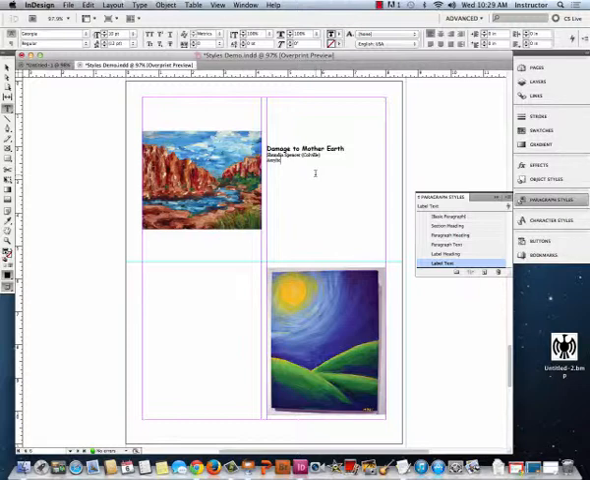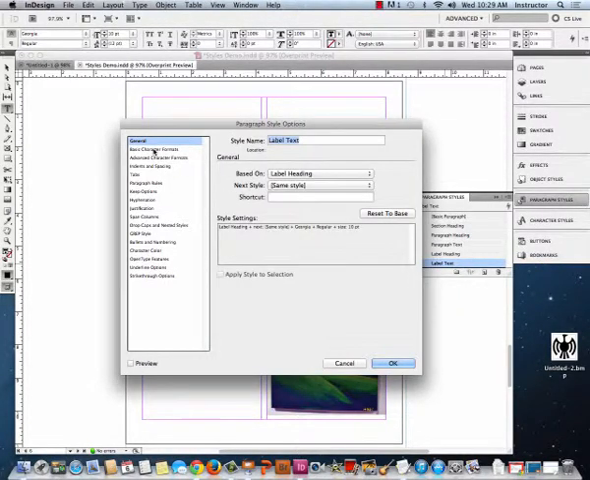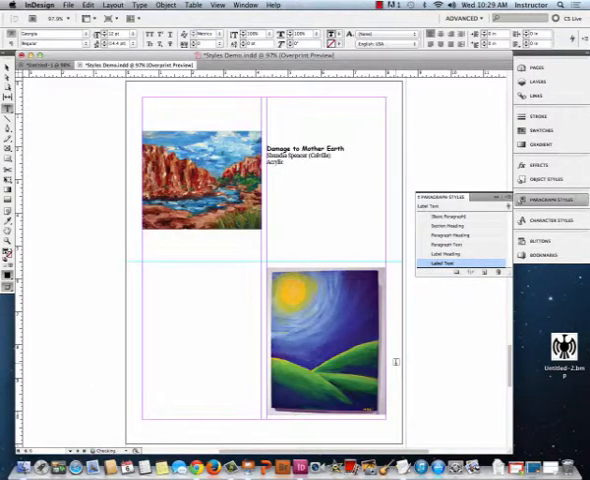I realize that perhaps the type size that I used is too small. So what could I do to change the label text style that I did? I decided this is too small. I right-click on label text, edit, under basic character formats, I'm going to bring it up a couple points and try it out. That looks a little better. So now I'm going to highlight, and now when I click label text,